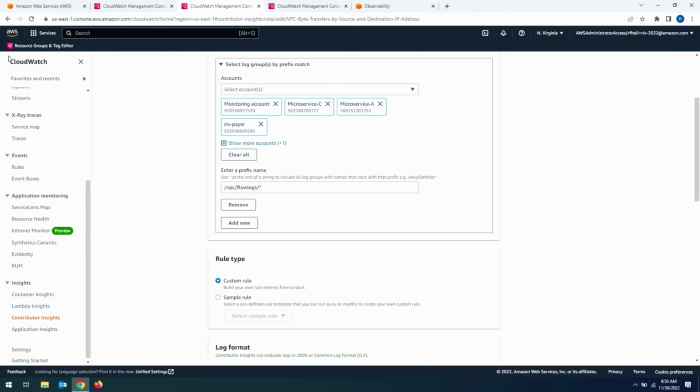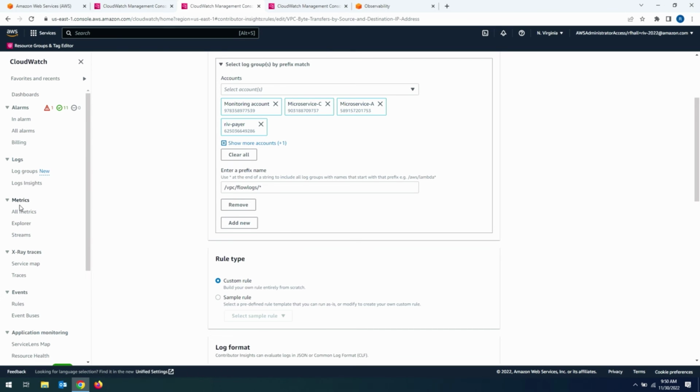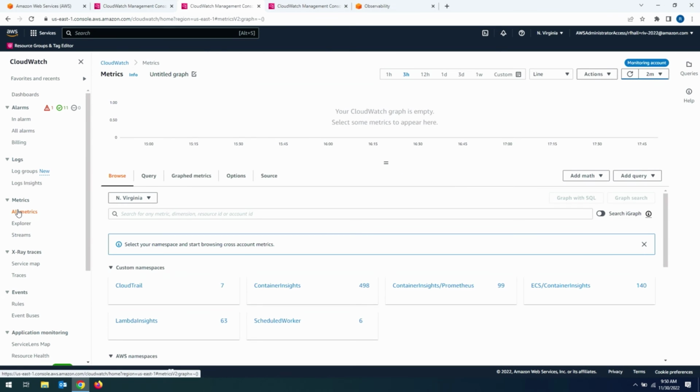Okay, so a couple more things I'll show you, and then we'll wrap up the demo. But the very next thing is going to be in metrics. So we all know about how we can do cross-account dashboarding. That's obviously useful. Now, a problem we see with customers, or customers kind of report, if I'm building a dashboard,